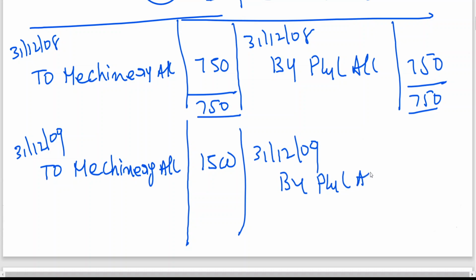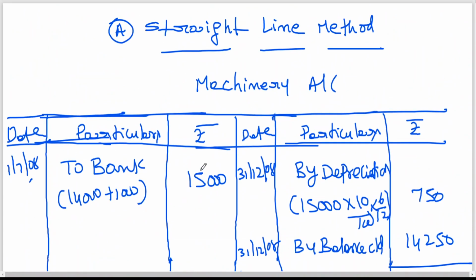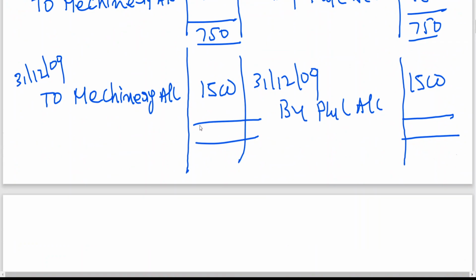See, my dear friends, I am not wasting your time and my time writing the format. You all are familiar, so don't do in the examination the way I am doing. You need to draw the line, date, particulars, etc. Is this clear? The depreciation account you should write. So each year depreciation account is closed by transferring to profit and loss account. Clear to all of you? Right. Now,